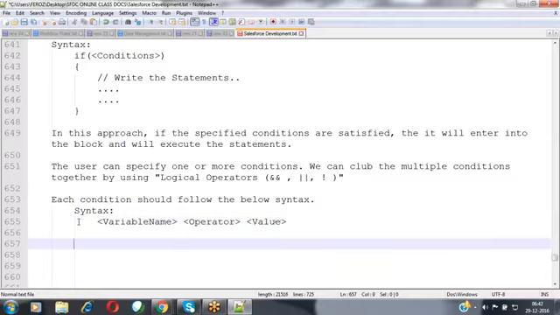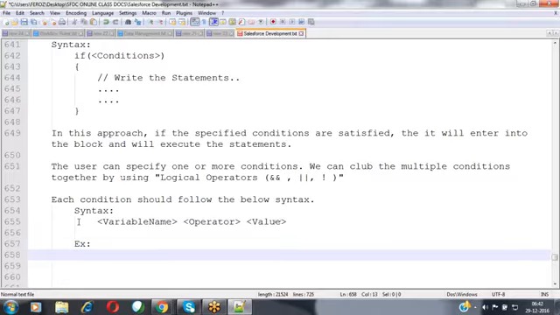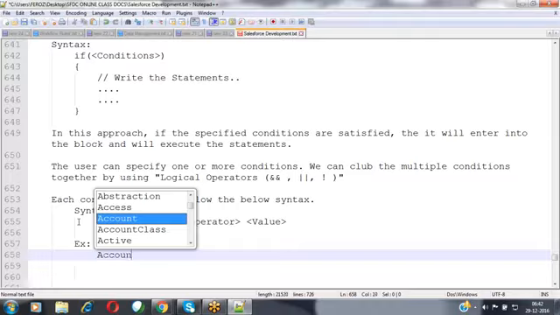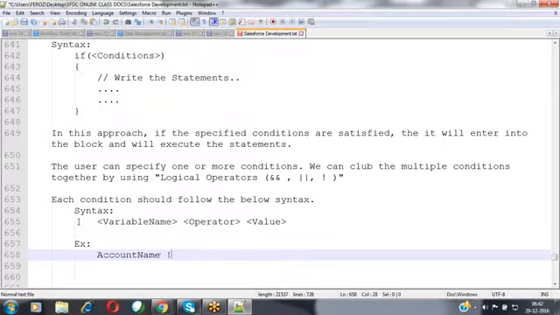This is the syntax we have to follow. For example, account name not equals to empty.